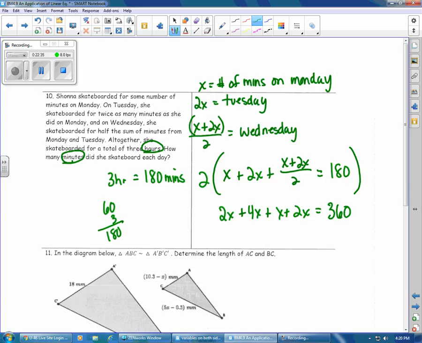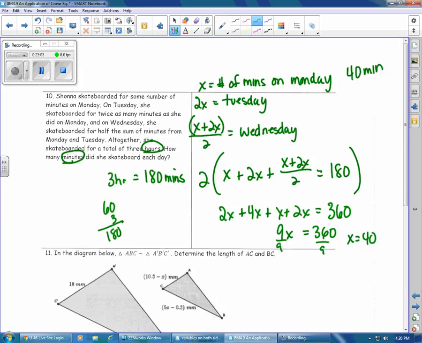So now I need to collect some like terms. I've got 2x plus 4x plus x plus 2x. That's going to be 9x. Divide by 9, divide by 9. So x equals 40. So she skateboarded for 40 minutes on Monday,